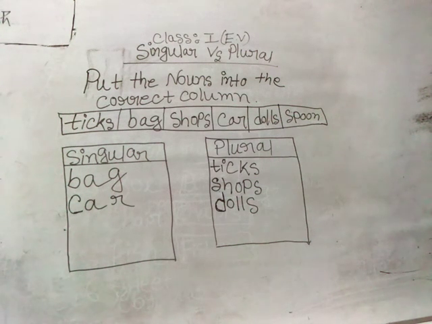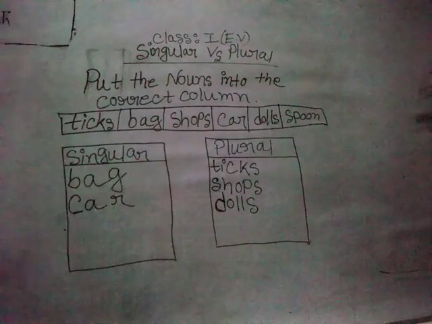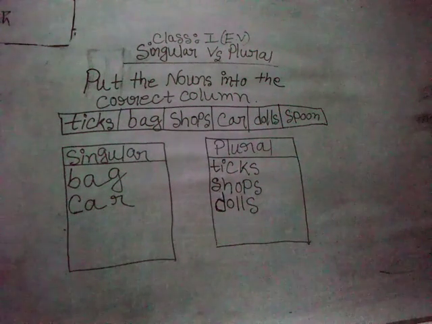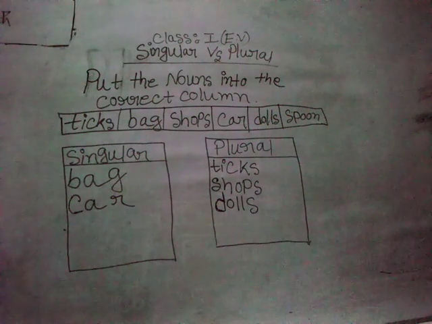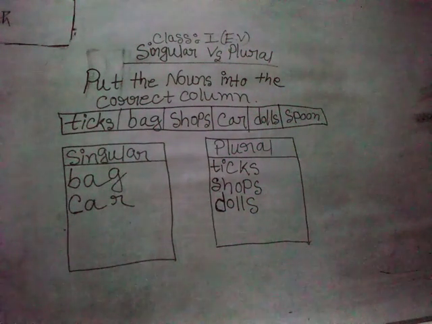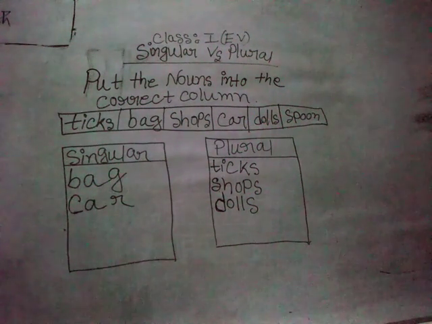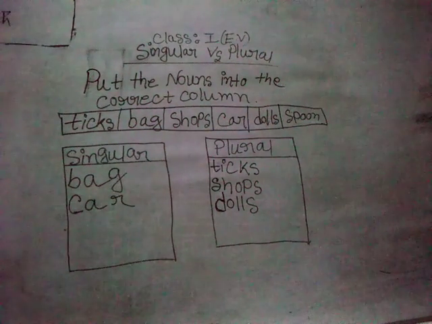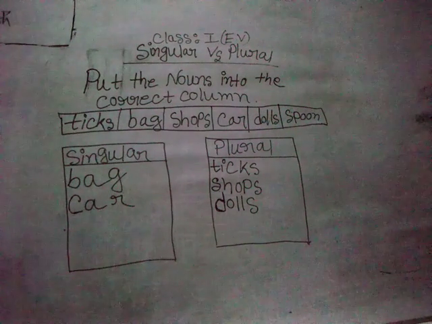S-P-O-O-N. Please notice, every time you need to notice the spelling, not just the noun. Please go through the spelling, because by identifying the spelling, you can sense what it is going to be. So here S-P-O-O-N, it's a spoon, it's not spoons. Is there any extra S just after the word or beside the word? No. Can you see any S after a spoon, like spoons? No, it is not a spoons. It is just a spoon.